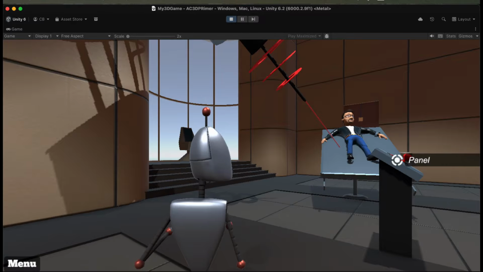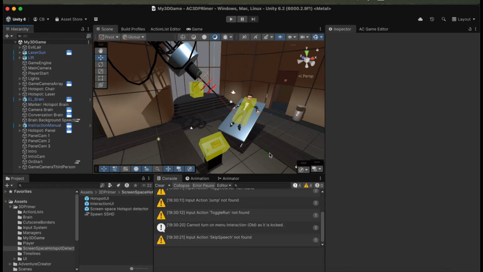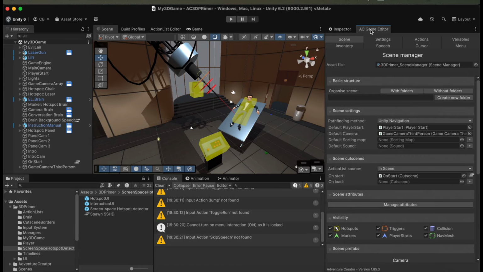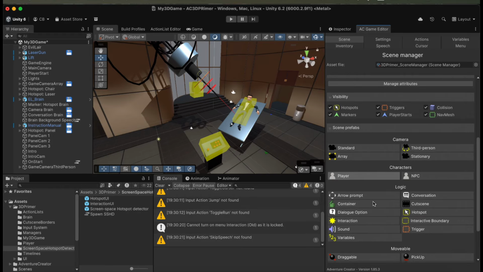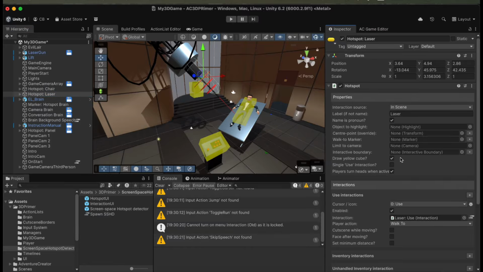detected. Back in edit mode, we'll want to work with the hotspot of the laser gun, and an easy way to do this now that we're getting a little bit cluttered in our hierarchy is to go back to the scene manager and right-click the hotspot field, and this will bring up a list of all of the hotspots in our scene. So going back to hotspot laser, you can see we've got an interactive boundary field, and if I